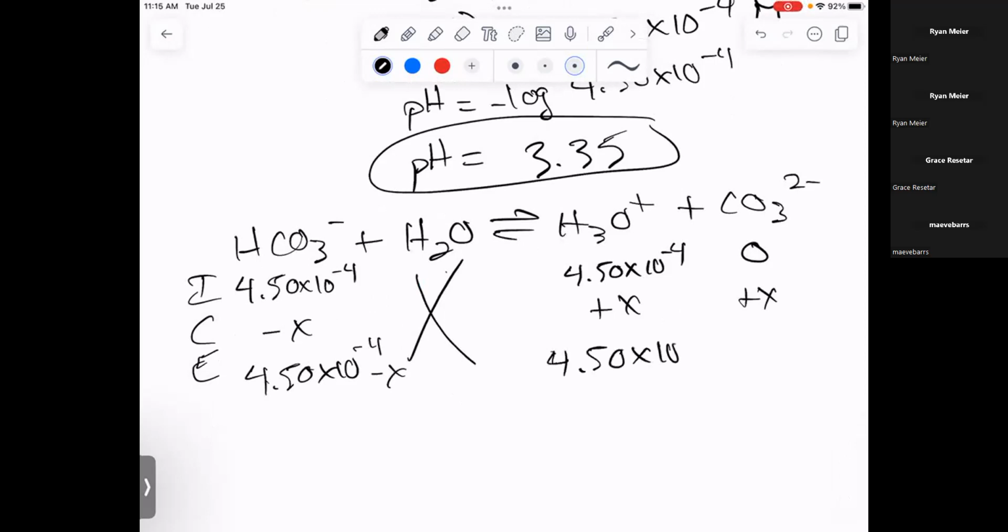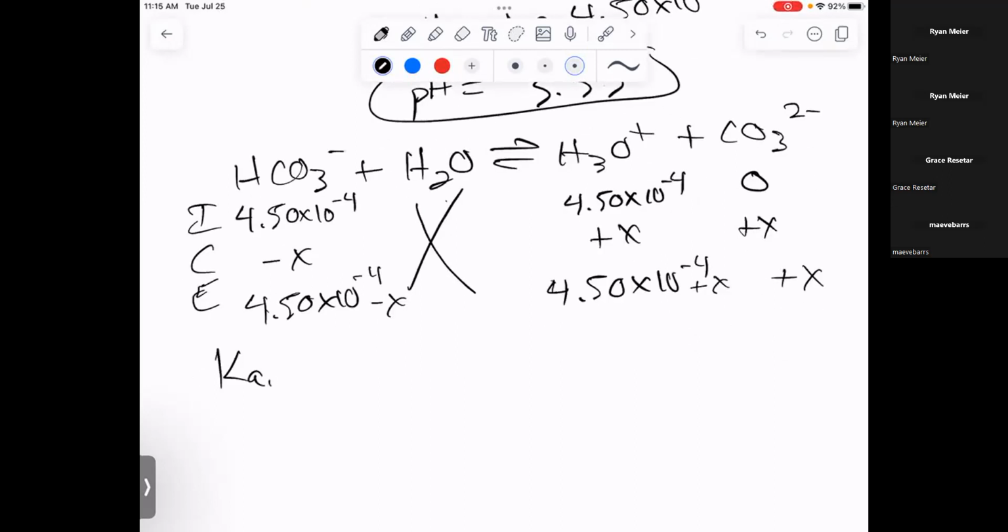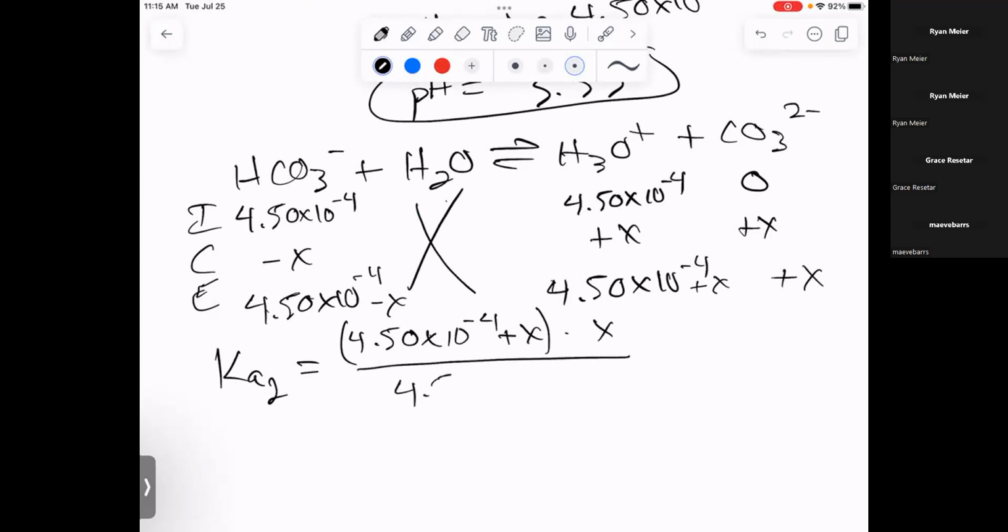What ends up happening is, since these two initial concentrations are equal to each other, if we actually do the X is small approximation for Ka2, the equation would look like (4.50 times 10 to the minus 4th plus X) times X, all divided by (4.50 times 10 to the minus 4th minus X). But if we get to do X is small, the plus X and the minus X get ignored. And then this 4.5 times 10 to the minus 4th on top and bottom would cancel, and X just equals